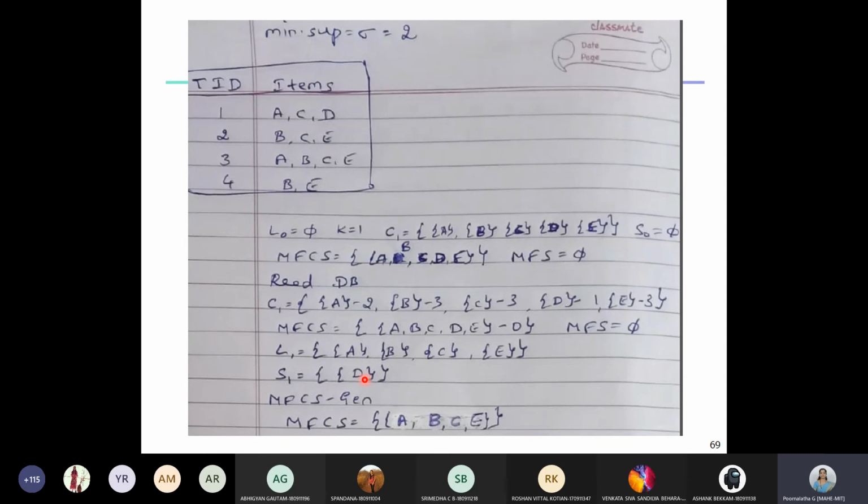If it is not a subset of any itemset in MFCS. In the previous step, MFCS has become empty, so ABCE is not a subset of the empty set. So what are we doing next? MFCS equals MFCS union M minus e. That's how I'm getting MFCS here as ABCE. Any doubts, anyone?